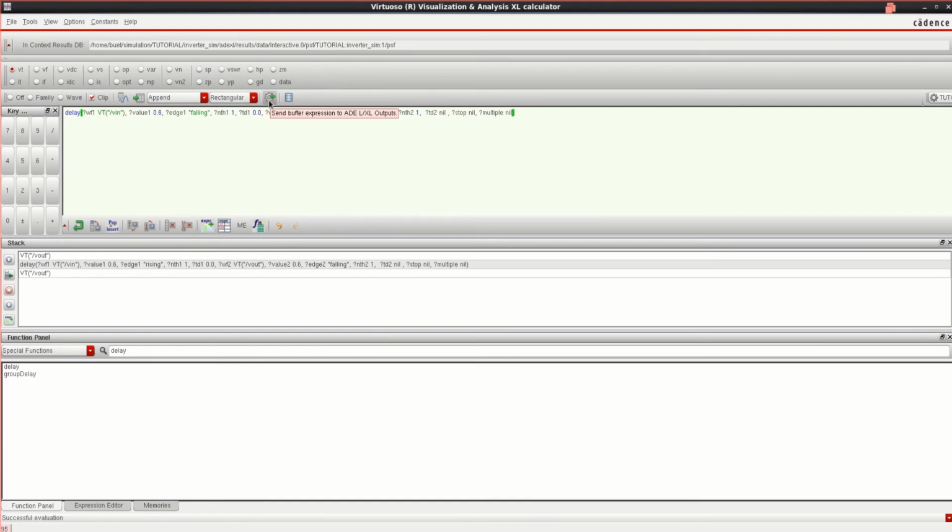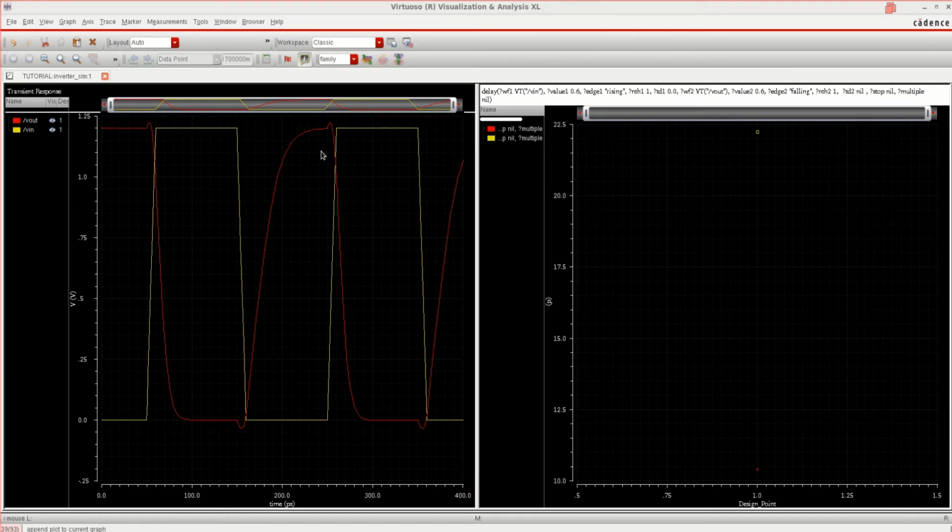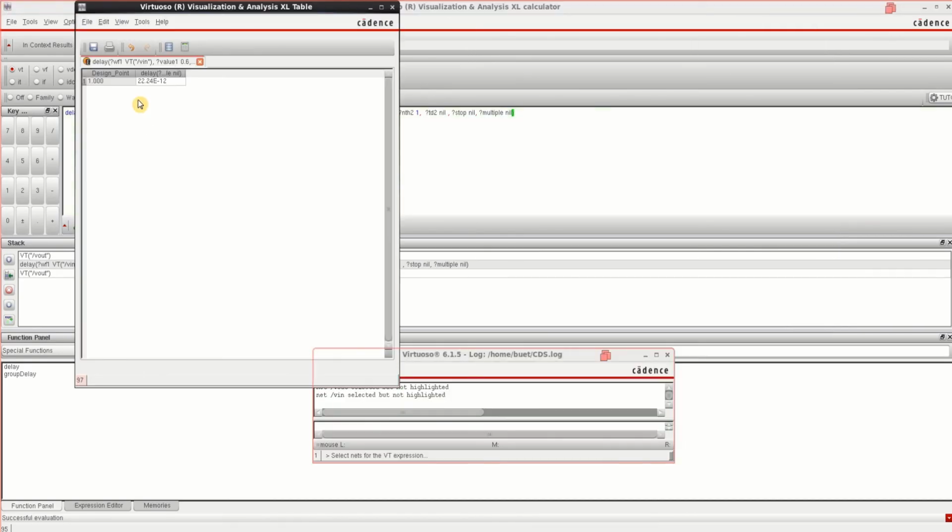Click on this icon to send buffer expression to ADE XL. If you want to view that value, you can just click on evaluate. It is giving a value of 22.2 pico.